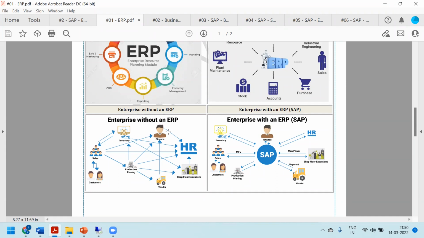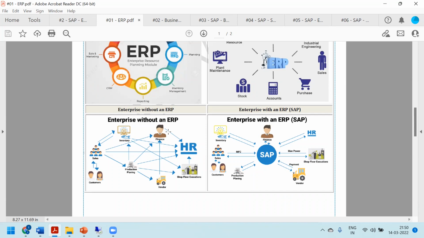Once they procure them, these components are stored in the warehouse, again supplied to production for manufacturing, and after production, finished products come back and are stored in the warehouse. So these departments are connected with each other.